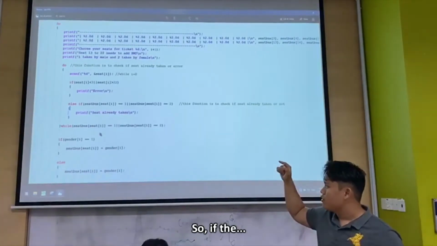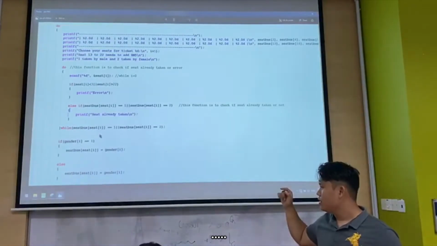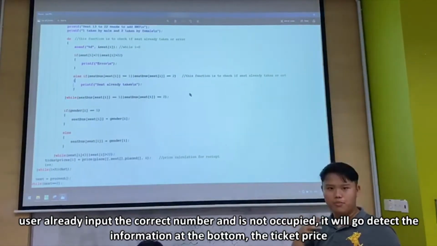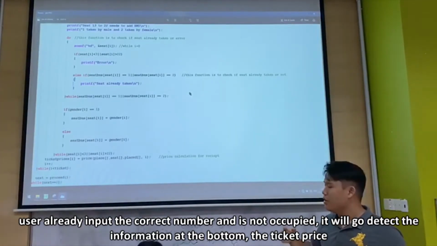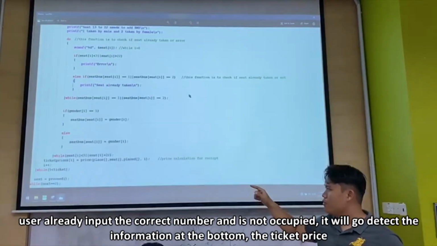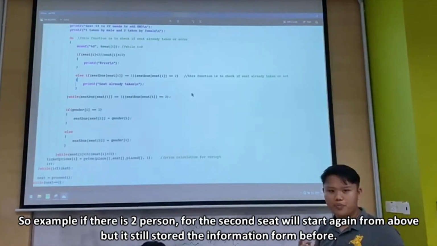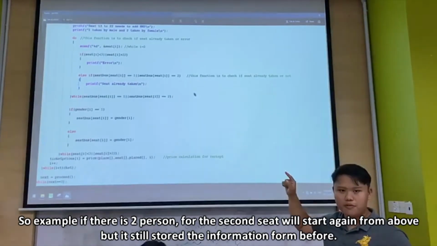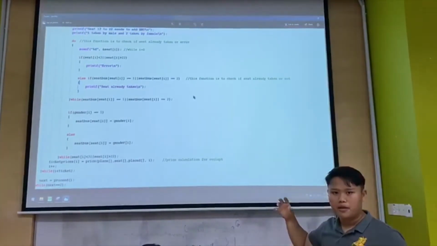Okay, so if the user inputs the correct number and it is not occupied, it will detect the information at the bottom with the ticket price. For example, if there are 2 persons, for the second seat we start again from above, but it still stores the information from before.